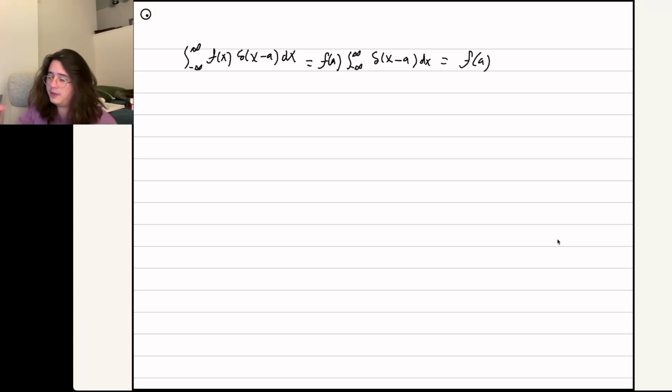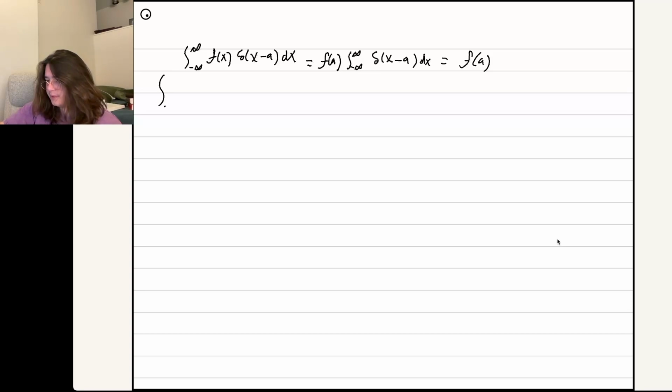If you have an integral which involves a function of x and a delta function x minus a, then that integral will set all of the x values in the function of x to a. And then the integral of the Dirac delta by itself is just going to end up being 1, as long as a is within the integration bounds. And if it's between minus infinity and infinity, then yeah, it's definitely in the integration bounds. So